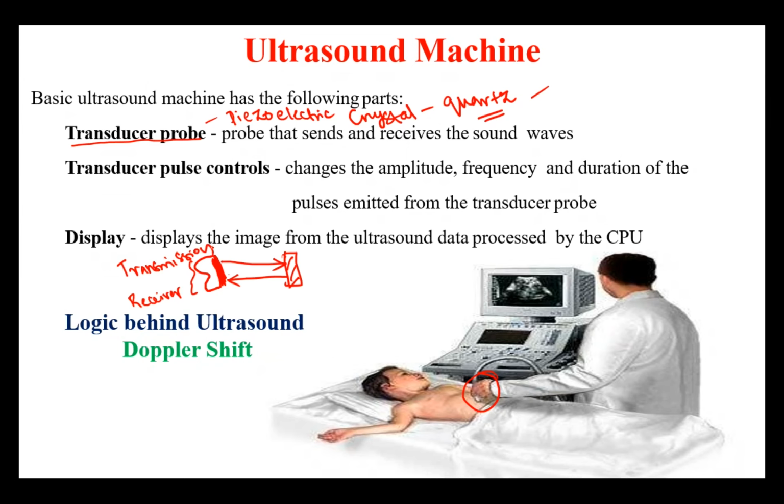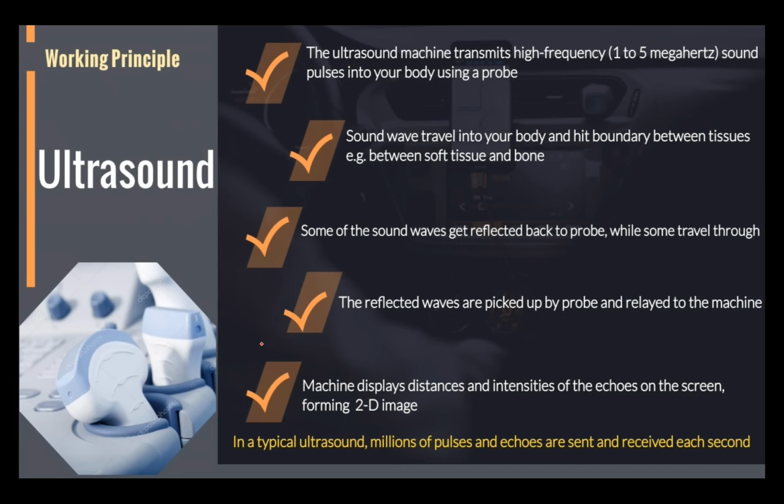So based on this concept, there are a lot of numerical questions we're going to solve. So how we get ultrasound is, I'm going to transmit a signal, I'm going to receive a signal. I receive sound waves, it's nothing but a sound wave. I'm going to transmit sound waves and receive sound waves. It hits an organ and will reflect back. That sound wave I'm going to record and convert into an image. So these are the working principles of ultrasound.